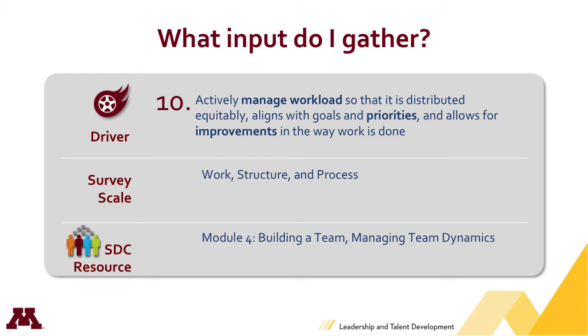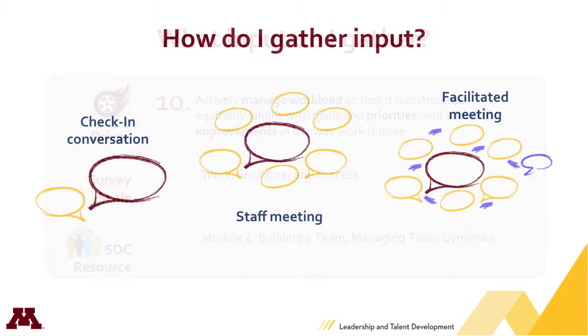So now that you know the 10 conditions that support a high level of employee engagement, these are the areas where you want to gather input. Gathering input can be as simple as having informal check-in conversations with the members of your team or department. In these conversations, ask each person for their thoughts on one or more of the 10 conditions we just reviewed. You can also ask for input in regularly scheduled faculty and staff meetings.